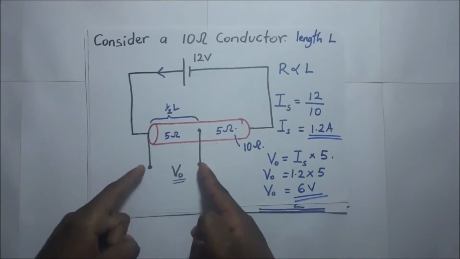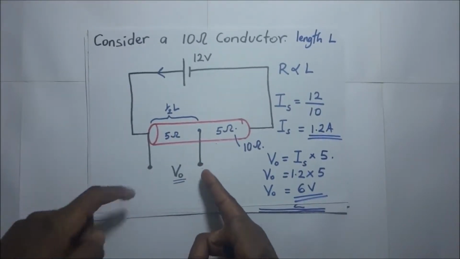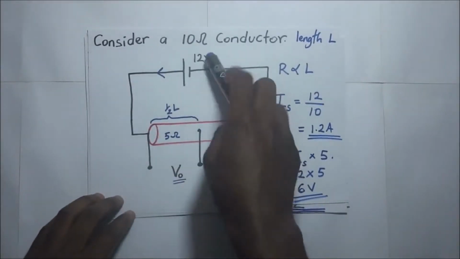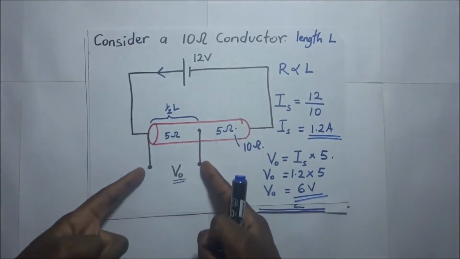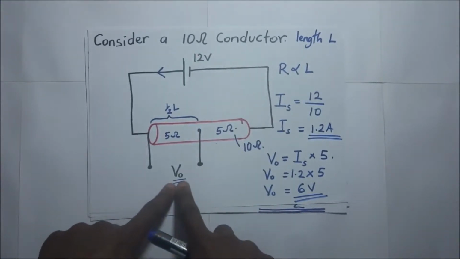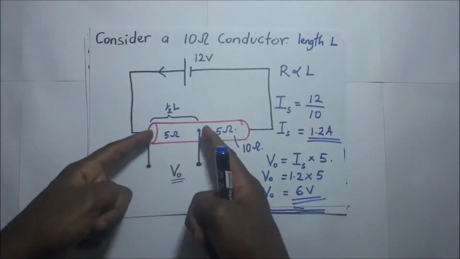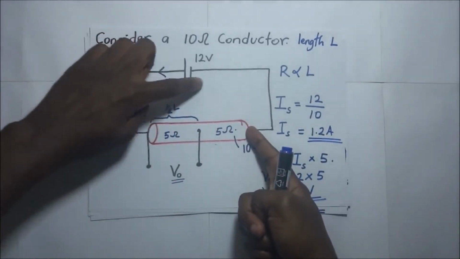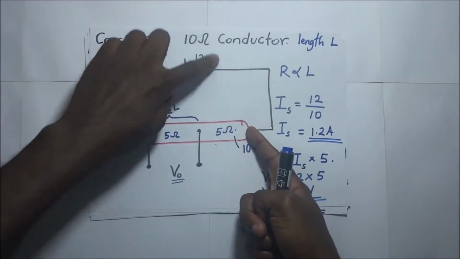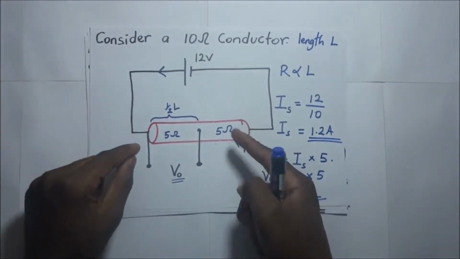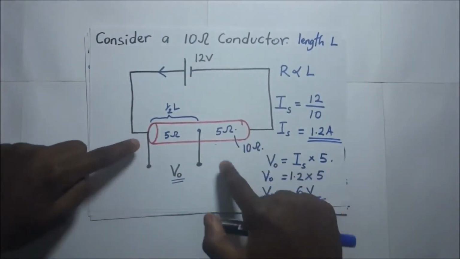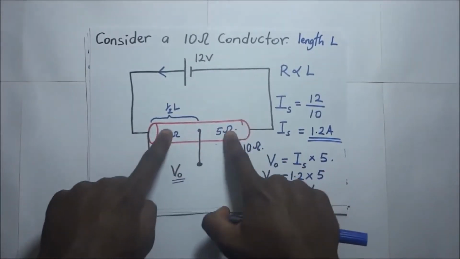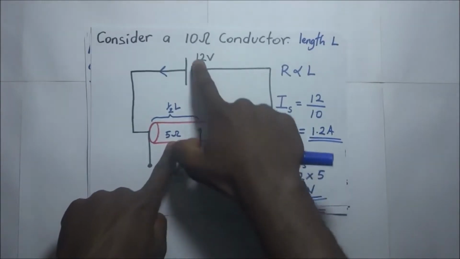Now this simply shows that the total EMF in this whole circuit is 12 volts. When we tap halfway, it is simply going to be 12 divided by 2, because this is 5 volts, 5 volts. So if the total potential difference in the whole circuit, or the total EMF, is distributed amongst the resistors in the circuit, and we have this resistor of 5 ohms and that resistor of 5 ohms, since these two are identical, if it is 12, it means that